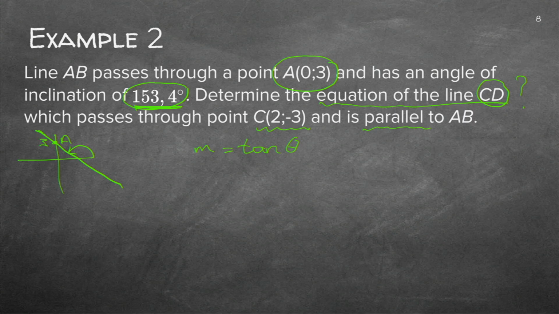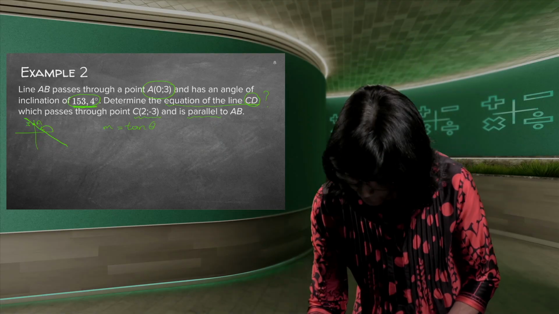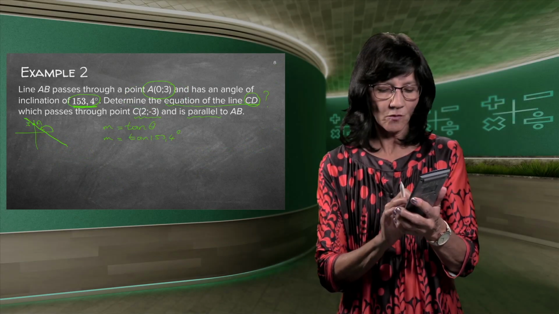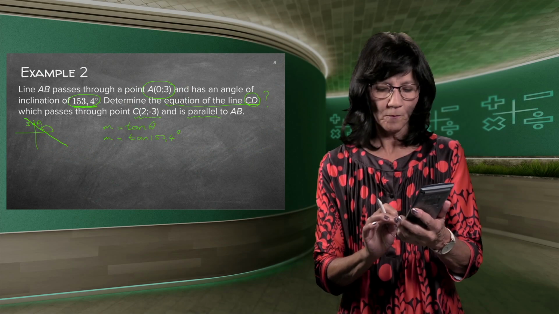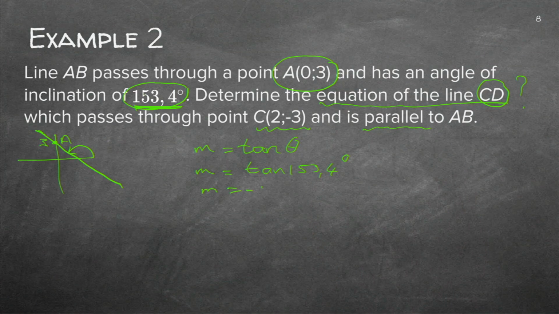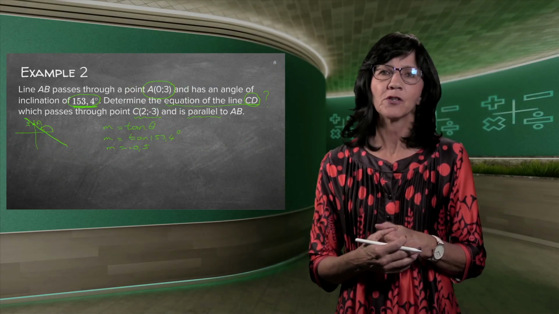And if I use the tan, which is y over x, difference in y over difference in x, then I can find the m. So if I can just fill this in, m is equal to tan 153,4 degrees. Now remember when you use your calculator, because that is already an angle, I can just straight away click in tan 153,4 equals, and that gives me minus 0,5. So you can either say minus 0,5 or you can say minus a half. I actually prefer a fraction in equations. So when I've substituted in, maybe I'll make it just minus a half.